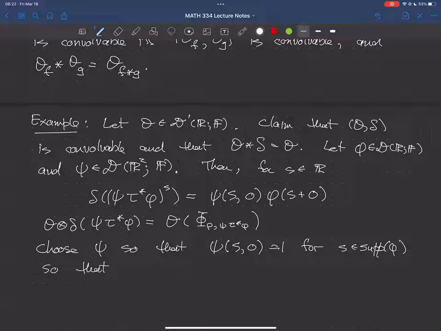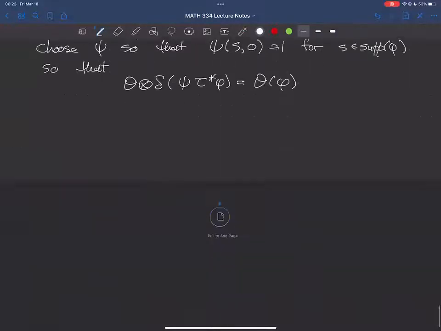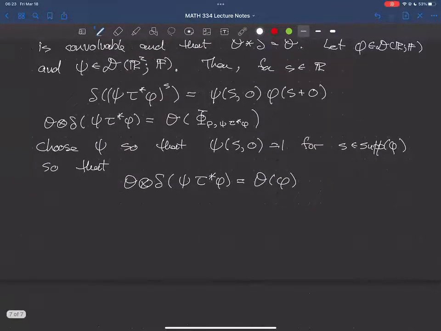okay, then what you get is that theta tensor delta of psi tau star phi is equal to theta acting on this test function, but I've chosen psi so that this test function is just phi. Right, and so the point is that this is just theta of phi. And so what does this show us? Well, this shows us exactly what we wanted. So therefore,